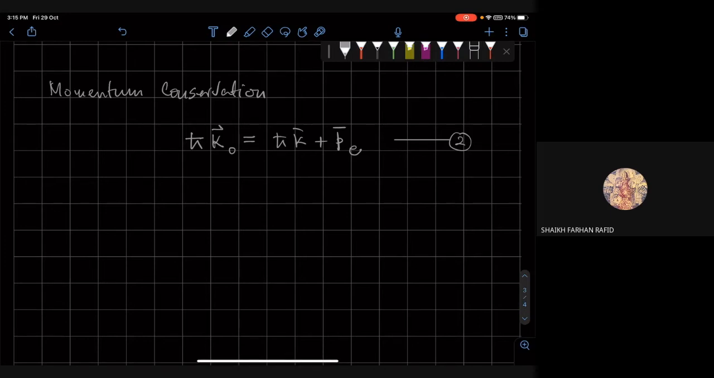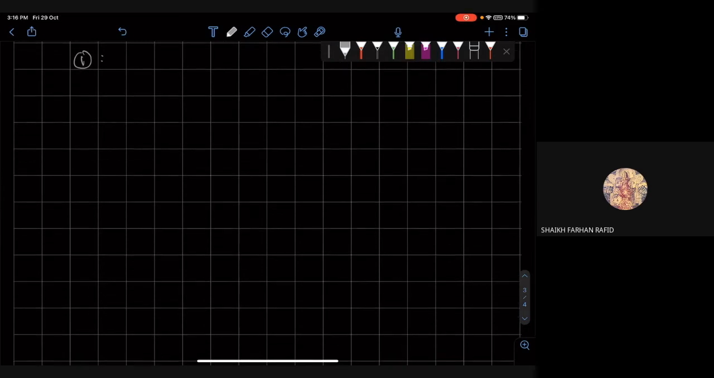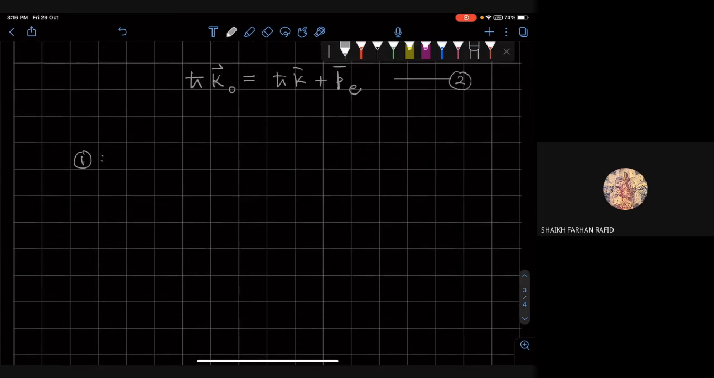Okay. So from number 1, what we can do is take the square of that equation. Before that, I take this guy and move it to this side, and I take this guy and move it to this side. And if I take the square, then I get